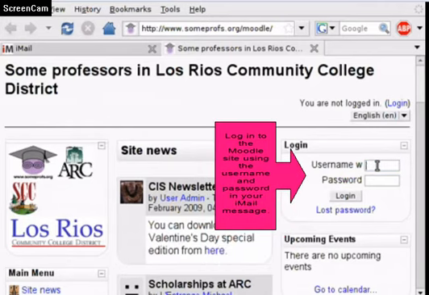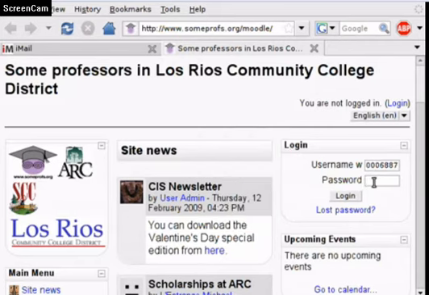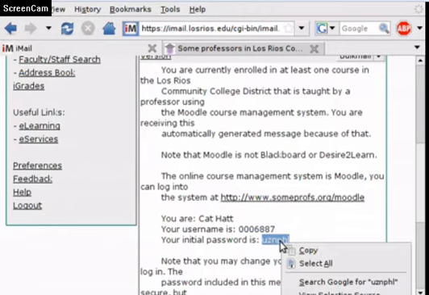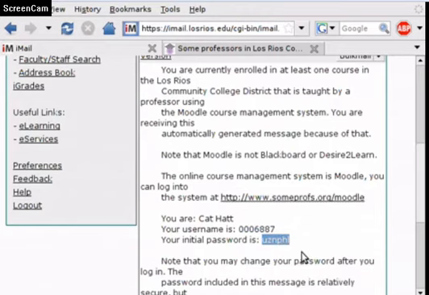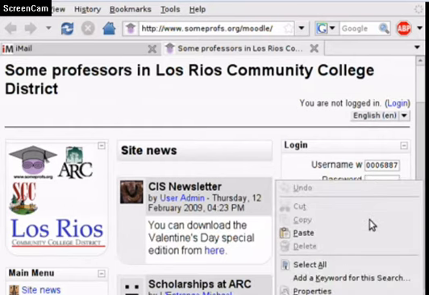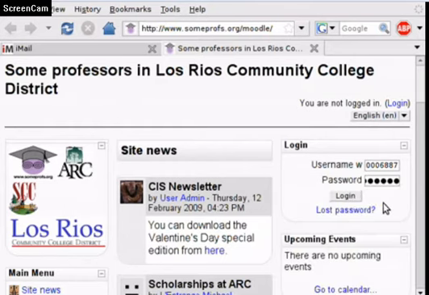Specify your username, which is your 7-digit student ID without the W, and then your password. Now obviously I cannot remember that randomly generated password, so I switch back to iMail, double click the password itself, right click, select copy. So now the password is in the clipboard. I switch back to the SomeProfs website, go to the password field, right click again, and then select paste. So this way I don't even need to write down the password on a piece of paper or on my palm or whatever. And now I click login,